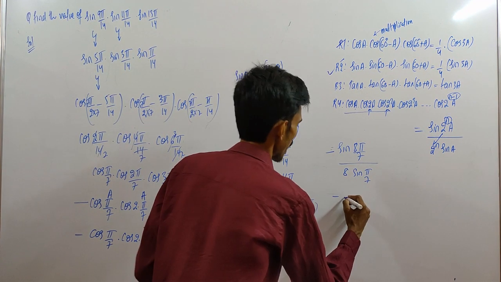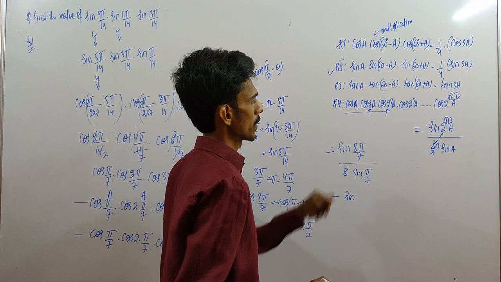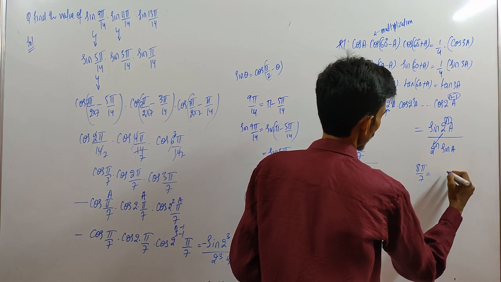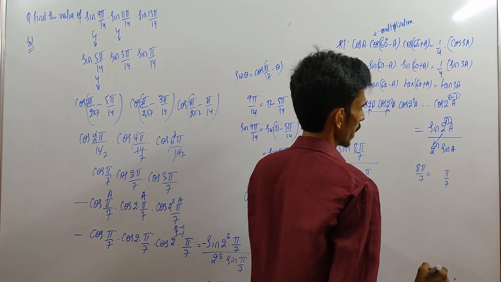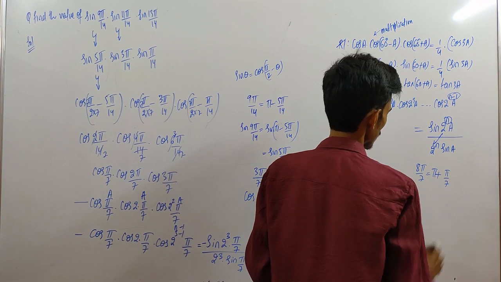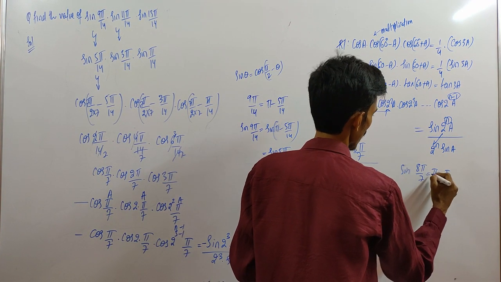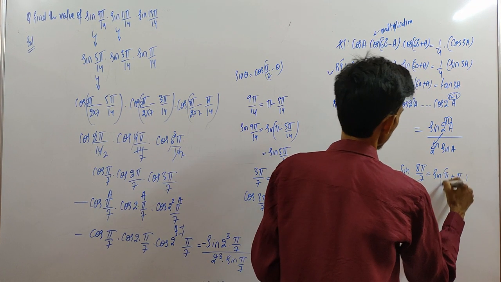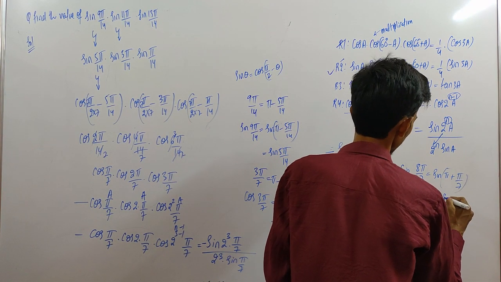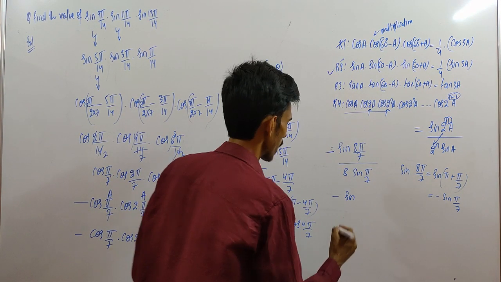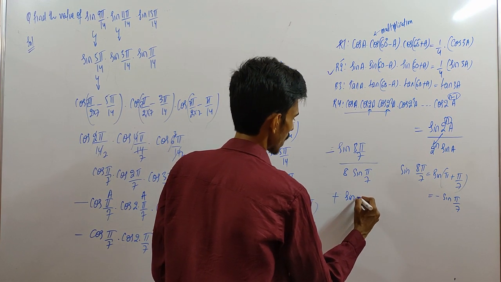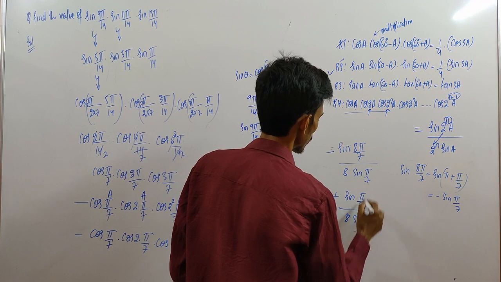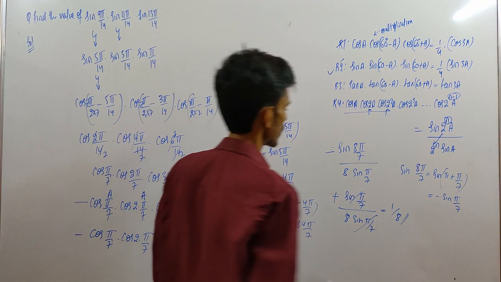That is equal to sin of 8 pi by 7. Now write down this 8 pi by 7 as pi plus pi by 7, since 8 minus 7 is 1. Apply sine on both sides. So sin of pi plus pi by 7. Sin 180 plus theta is minus sin theta. So this will become minus into minus, it will become plus sin pi by 7 divided by 8 sin pi by 7. These two will get cancelled. We have 1 by 8 as the answer for this question.